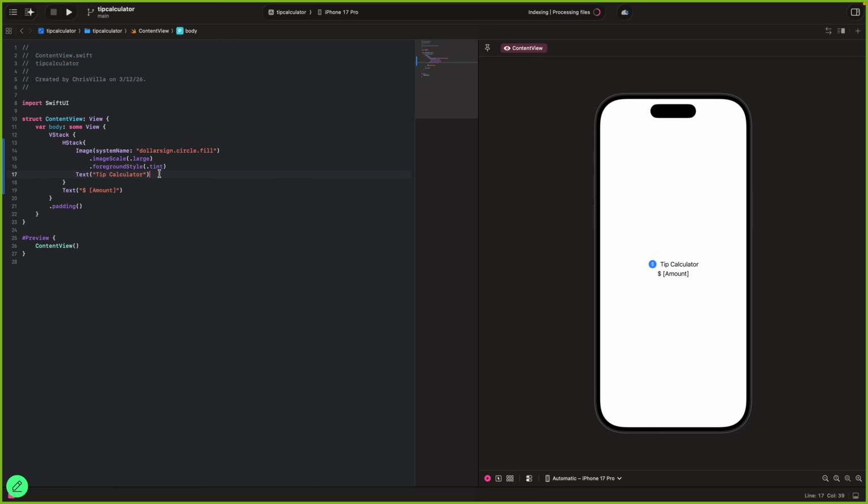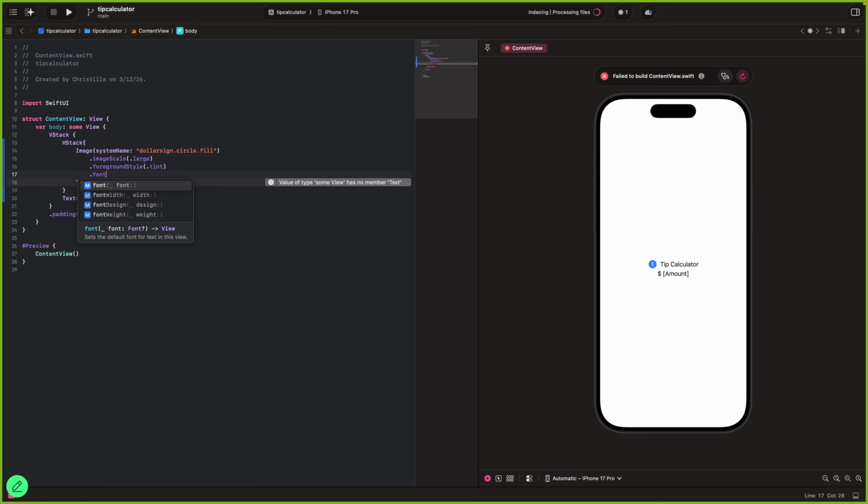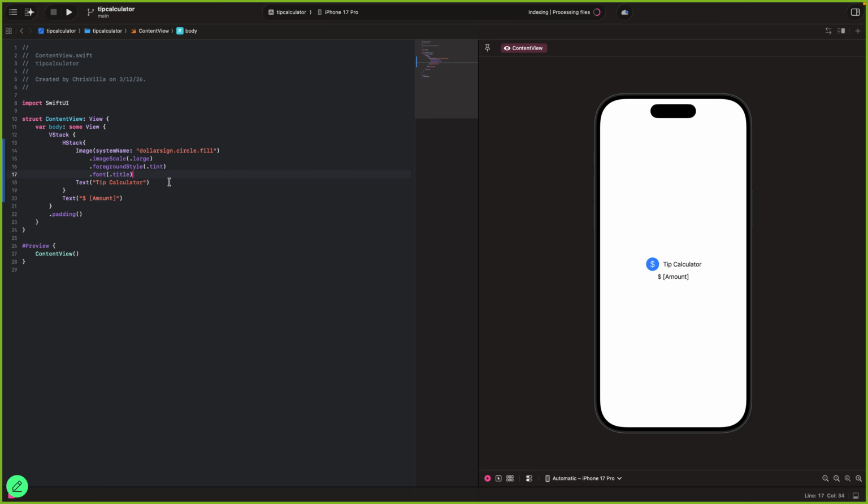Now I want to change the size of the image, right? Because everything is the same size and I want the image to pop out. How you do this is you're gonna add, sorry, you're gonna add font title, and I'm gonna explain how it really works. The first thing before the parentheses is saying what you want to change, and the thing inside the parentheses is saying how you want to change it. You can see in the canvas that the image got bigger.